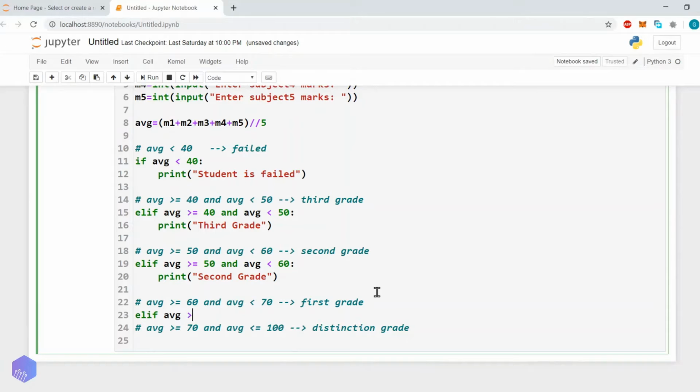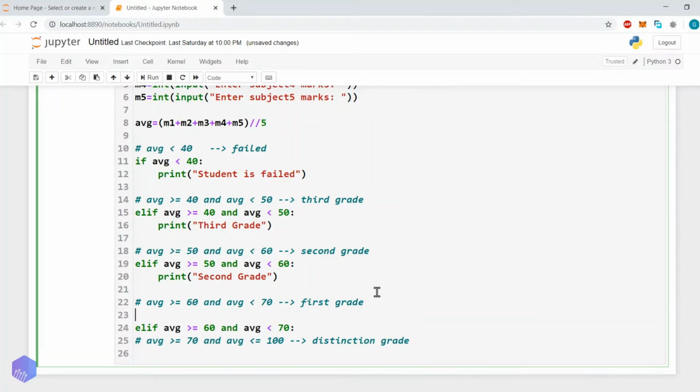average is greater than or equals to 60 and average less than 70. Okay, you can also write condition like this, 60 less than means average greater than or equals to 60 and less than 70.